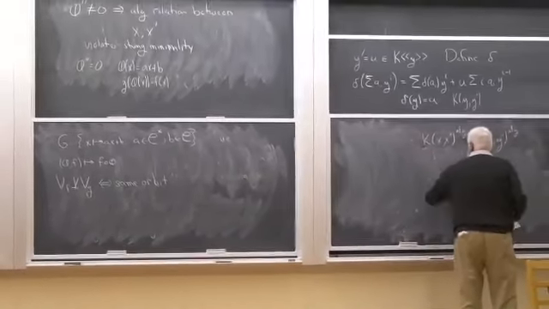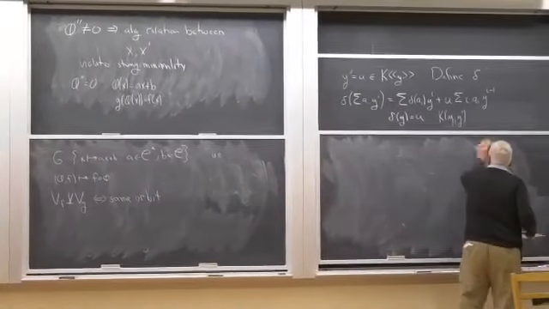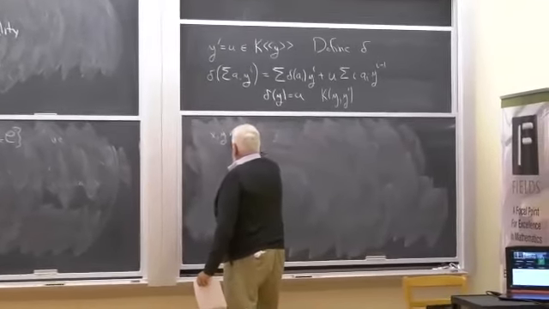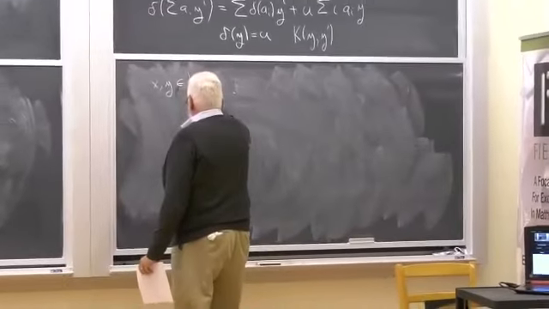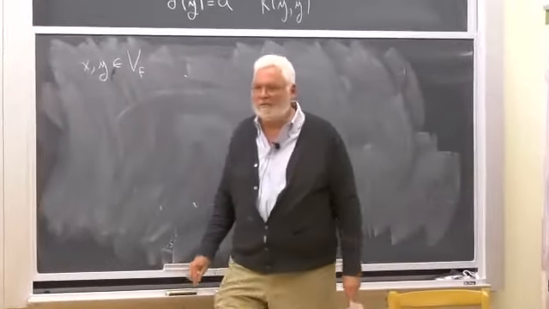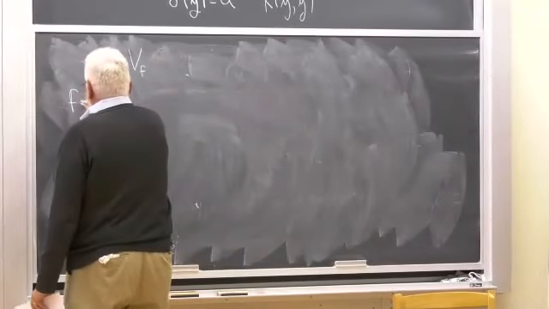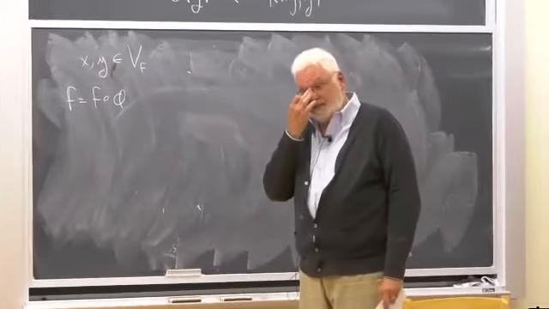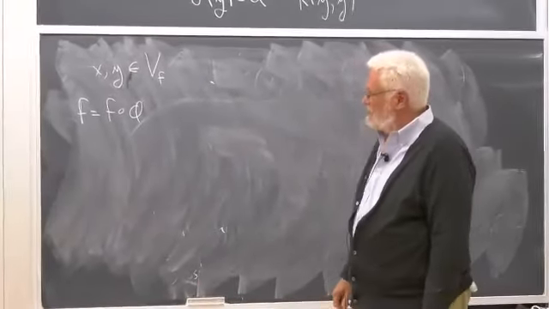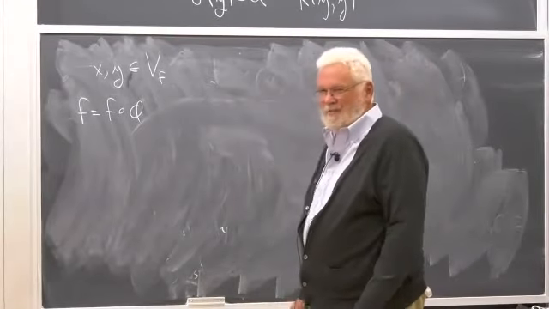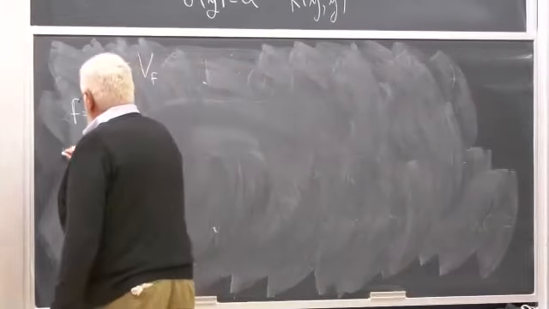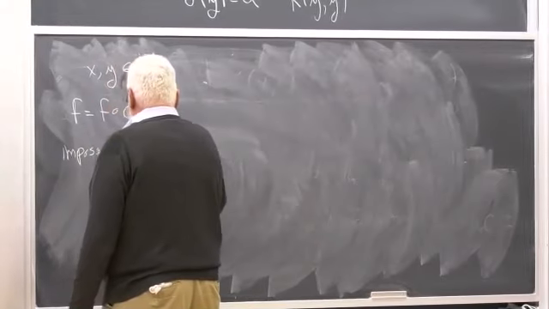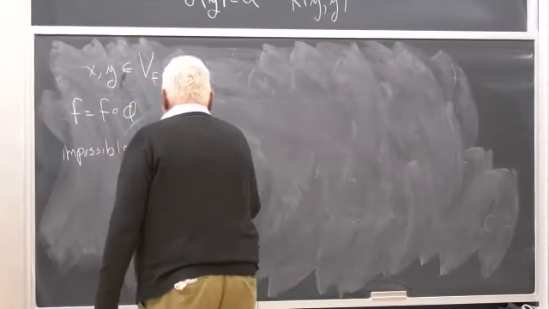But what about when f equals g? The same situation, but now I've got x and y both in phi of f. This would say that phi stabilizes f. So this usually doesn't happen. This is impossible if, say, f is reasonably generic,